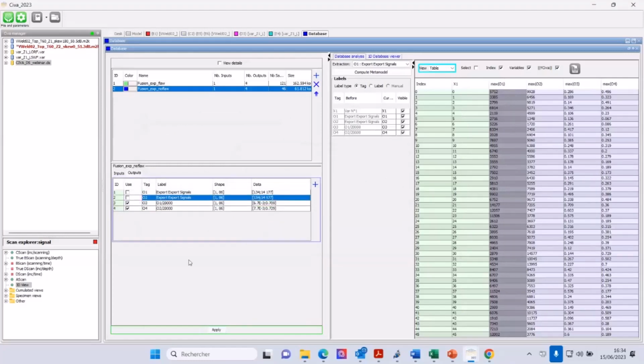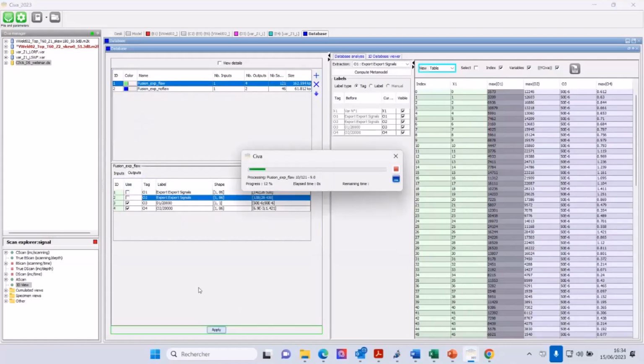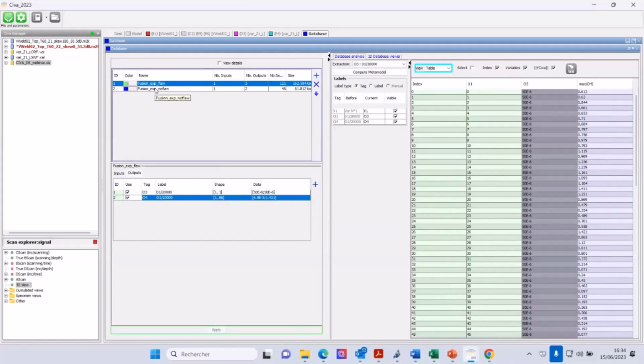I'm just making some manipulation. Now we'll keep this new data that has been normalized to my simulation, so I'm just going to remove the two others, and also for this one. And the last manipulation that I need to do is to rename, because we need to have the same label.